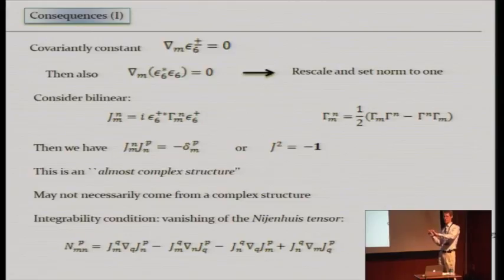So now by projecting on the minus i eigenspace, I get a tensor. And by rewriting it a little bit, that's essentially this tensor here. Okay, so use some identities to show that that's that tensor. So it's a necessary condition that this tensor vanishes. It's in fact also a sufficient condition. That's a little more complicated, but it's a well-known theorem of Newlander and Nirenberg. If this tensor vanishes, then you can also construct holomorphic coordinate systems.